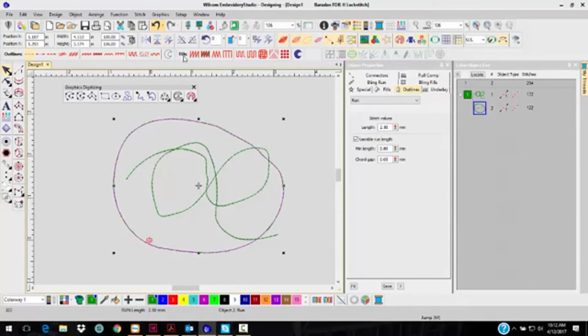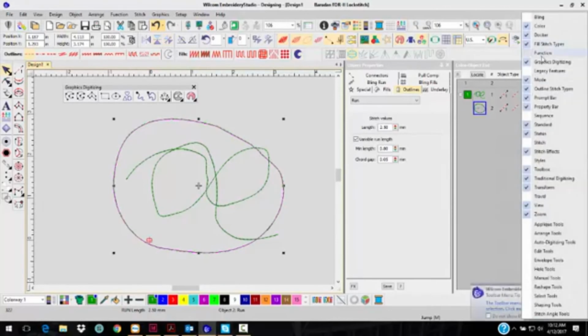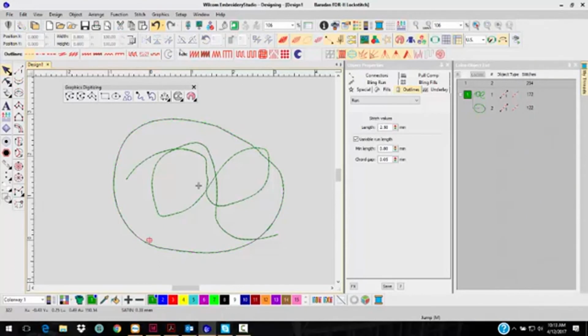And the fills, this is the outline stitch tops and the fill stitch tops. That's these two new toolbars. When they first come up and you turn them on, they will come up down here, but they are movable just like any other